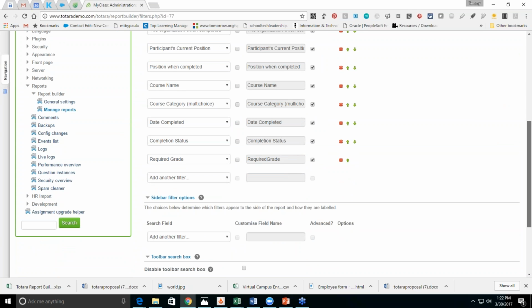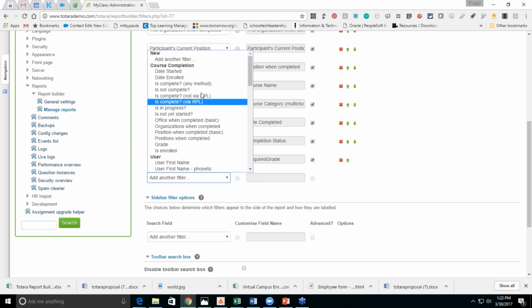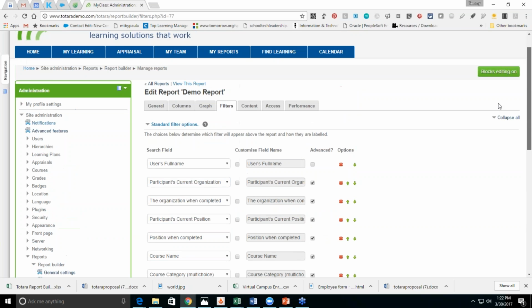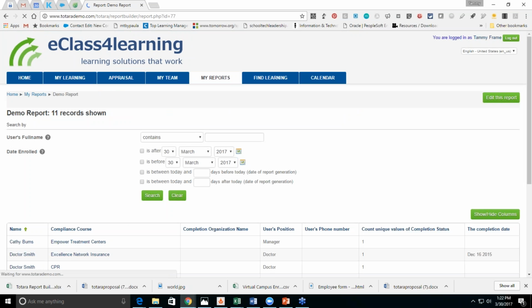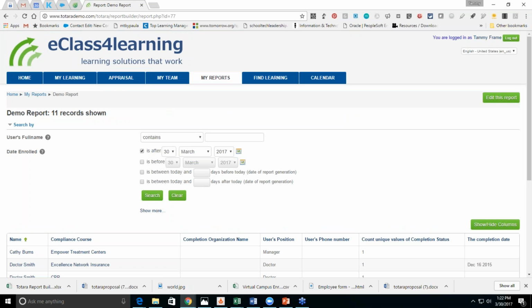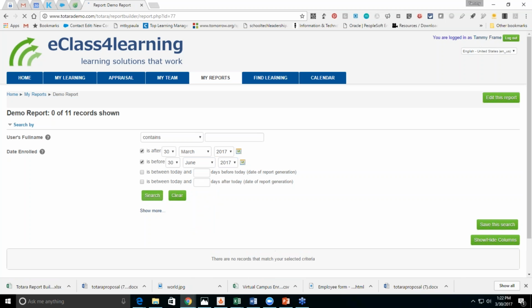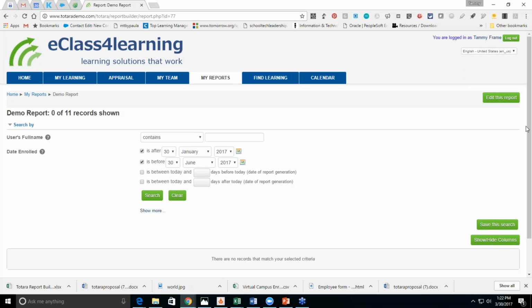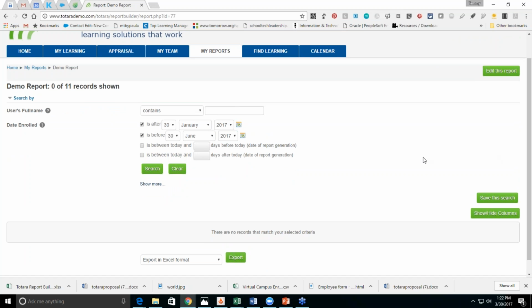And let's see if we can set a filter for a date. Let's just do date enrolled. This is probably how I would do it, and I'm just playing here. And now I think I would do something like this. Something like that. And then I could, okay, of course I didn't. Let's try an earlier date, January, and see if I've got anything. Still not enough data. Being a demo site and having all fake users in here, we don't have a lot of data, but